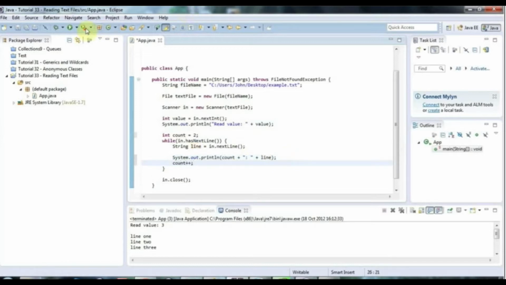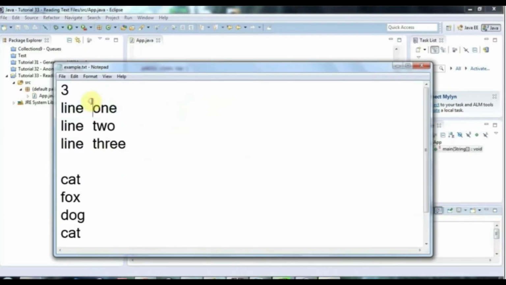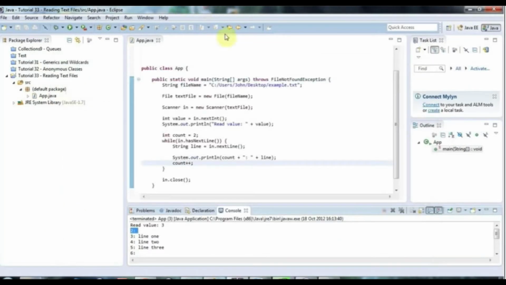And now if I run this, you can see, if you look at the console here, we read the number successfully, and we read the rest of the line successfully, but the problem is that we read apparently a blank line in between the two, and yet if I look at my file, there isn't a blank line there, not at that point anyway. And the reason for that is that there's actually an invisible character here which nextInt doesn't read and nextLine does read,